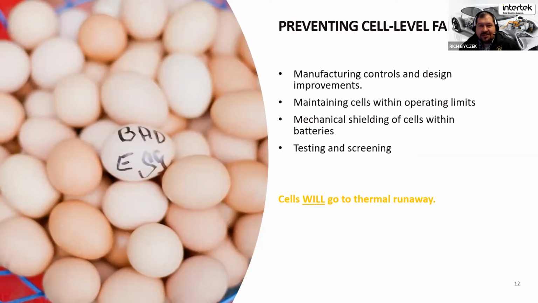It's not generally feasible to do 100% full teardown test on every cell, obviously, but sometimes some teardown analysis and actually removing cells from production just to do that full teardown to make sure that you're not trending towards an issue. Final note, I mentioned cells will go into thermal runaway. It's going to happen statistically. You can't make it zero, but there are so many well-known ways and lessons learned that can help us get that number to a very low level.